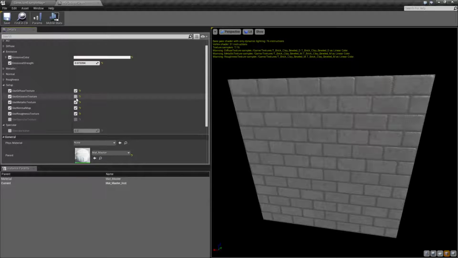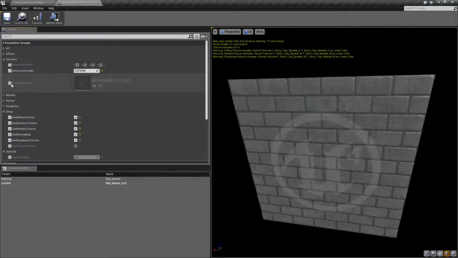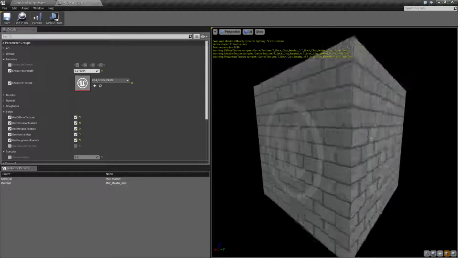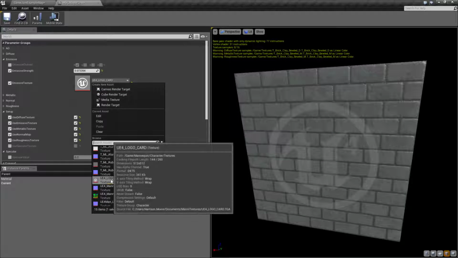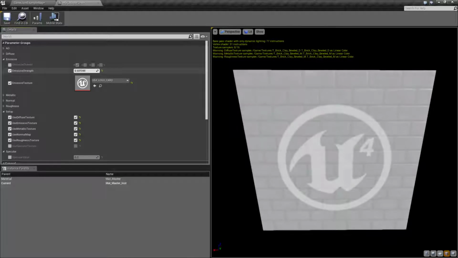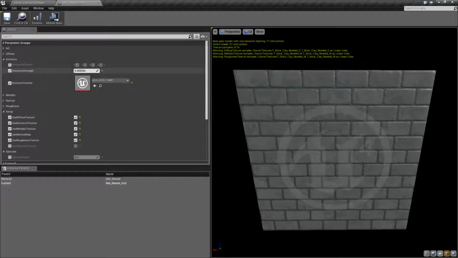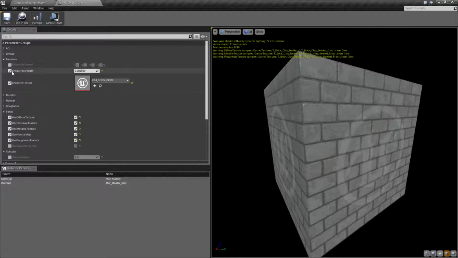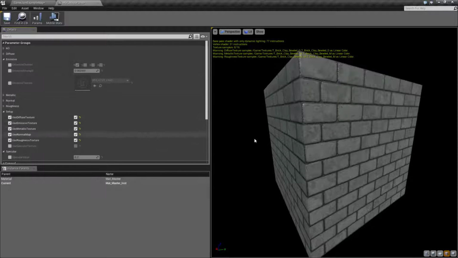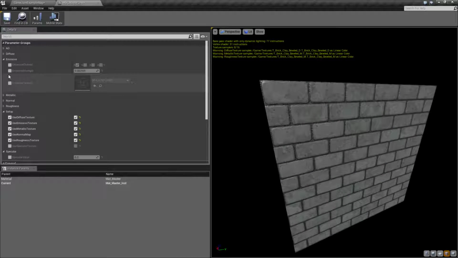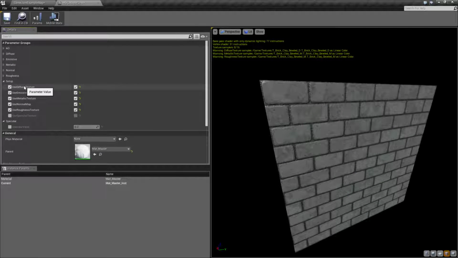Or, for example, we want to use emissive texture. We'll click that. We'll grab emissive texture. Now I've got a logo set up on top of everything, which is an emissive texture being plastered on top of everything. And of course, you can have just simply shut those off and they'll disable themselves. But the nice part about this is this one texture allows your designer to just come in. He can choose which things he wants to set up, which ones he wants to use,